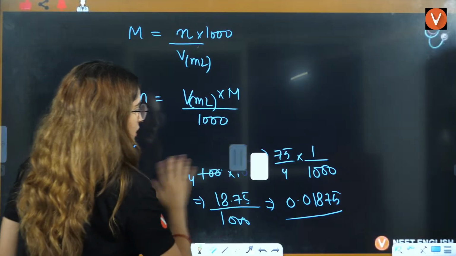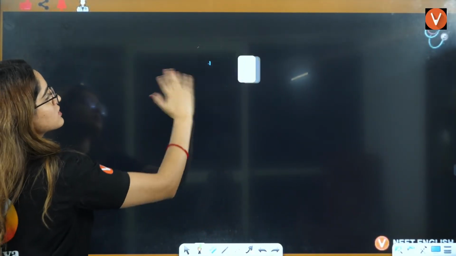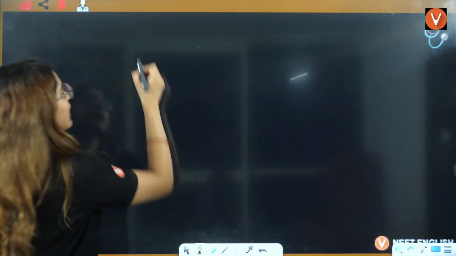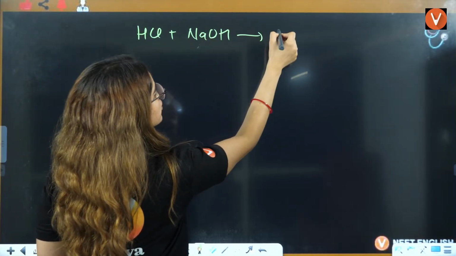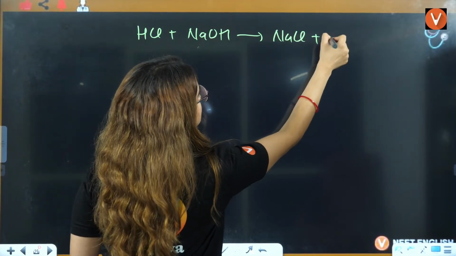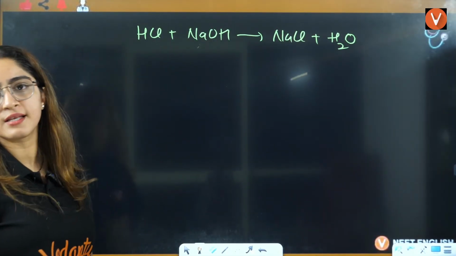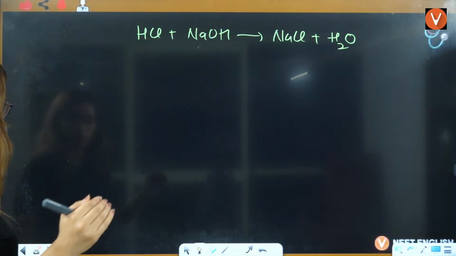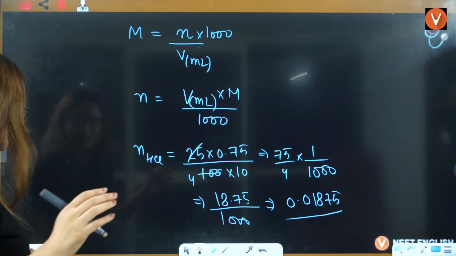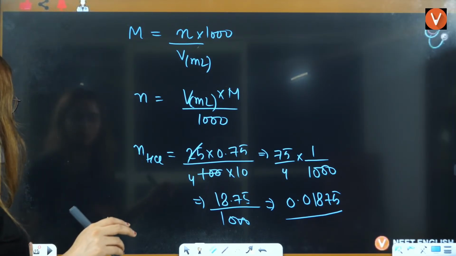If you talk about this reaction here, that is HCl plus NaOH gives rise to NaCl plus H2O, right? Now, that is the reaction. Now, if you see this here, HCl and NaOH. How much amount of HCl is formed here? That is